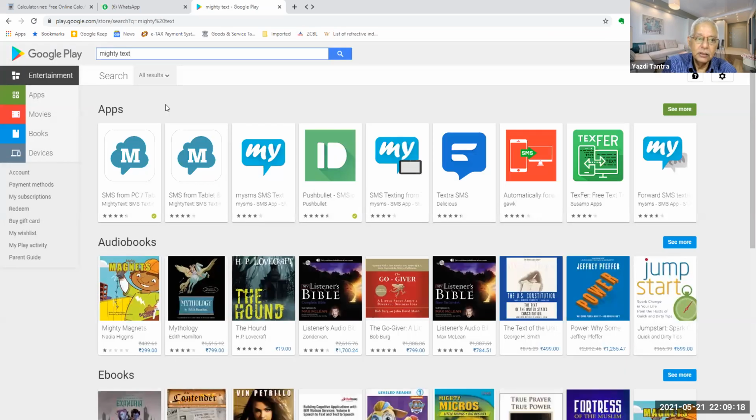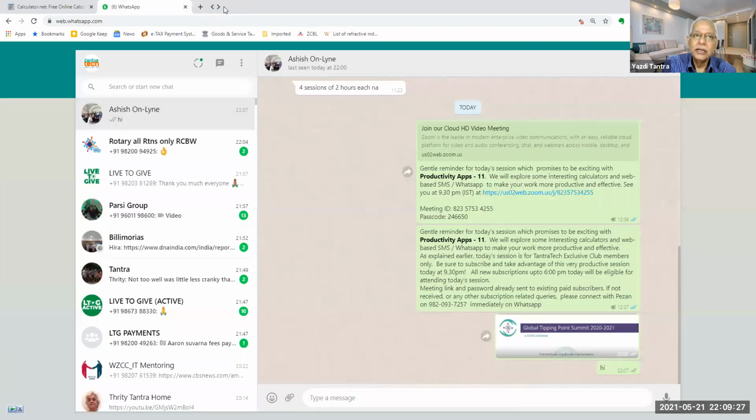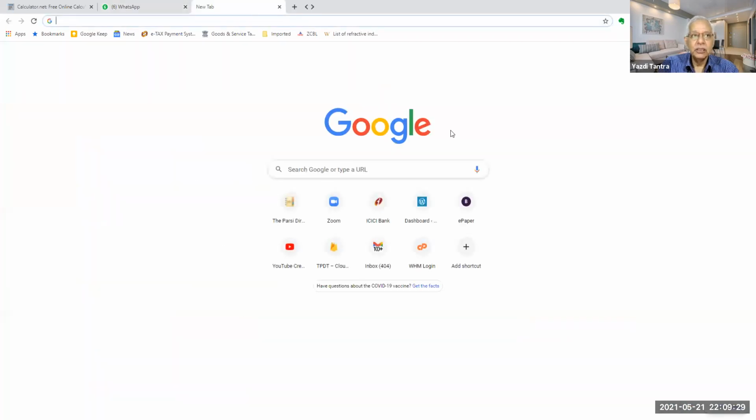This is the icon you will have to look for. Download this on your phone and connect it with your Gmail account. So your Gmail account is abc@gmail.com. Straight away you enter your Gmail ID and your Gmail password. Once you do that on your phone, all your SMS messages will be linked online to your computer.